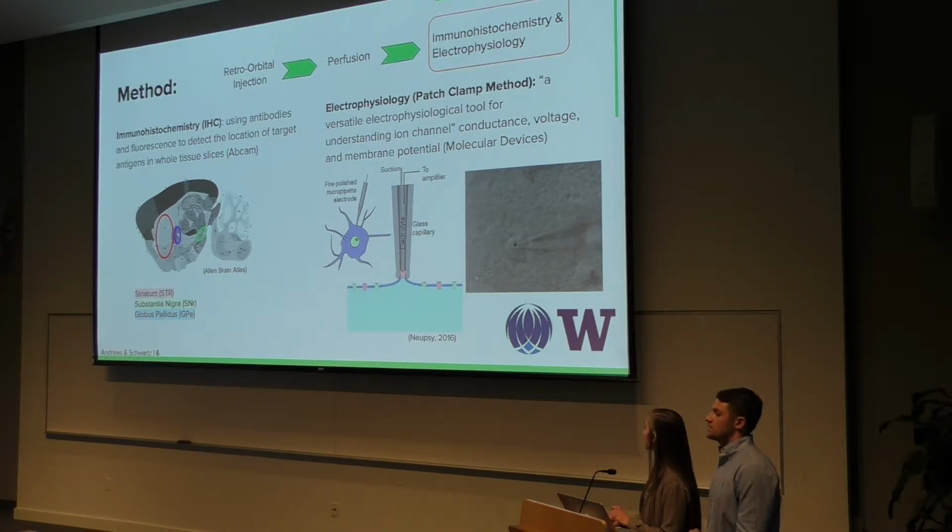And then we applied a suction to form a gigaohm seal of the cell membrane. And then we could actually apply current in order to stimulate an action potential. And from this propagation, we can then look at the behavior and identify a cell type. And so we know that D1 neurons are less excitable and D2 neurons have a greater firing frequency. And so from this baseline knowledge, we can then compare these behaviors to those of diseased neurons and compare the